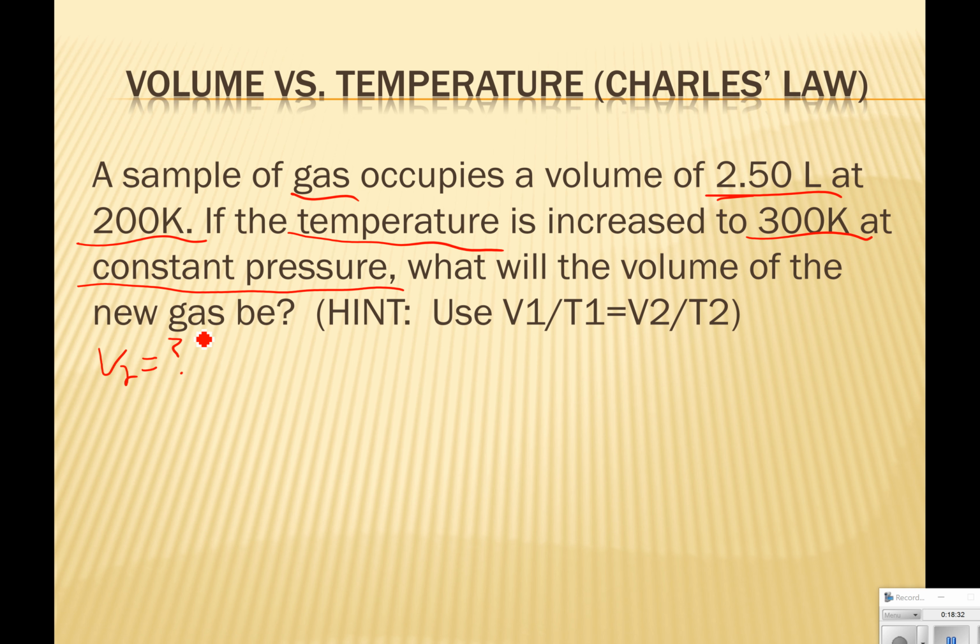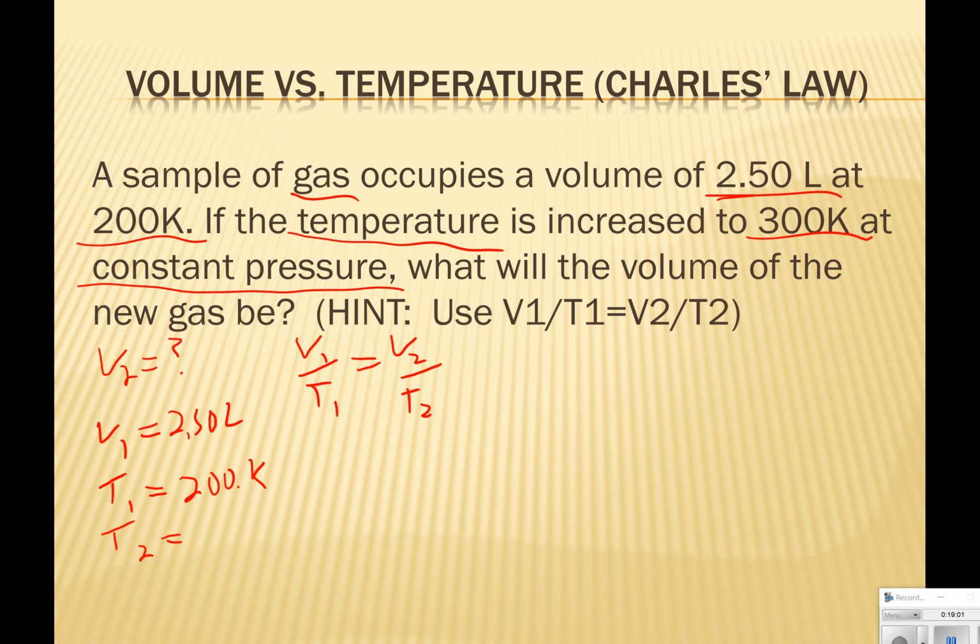We don't know what that is. We know that we want to use Charles' law to solve for this problem. So we need those other three variables. So we need a V1, we need a T1, and we need a T2. Now from the problem, we see that the gas initially occupies a volume of 2.5 liters at 200 Kelvin, maintaining